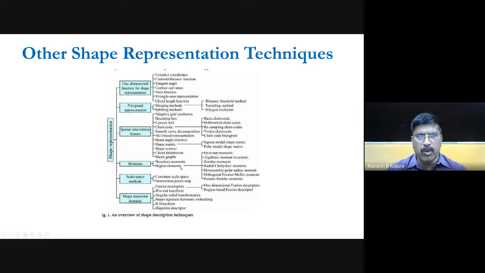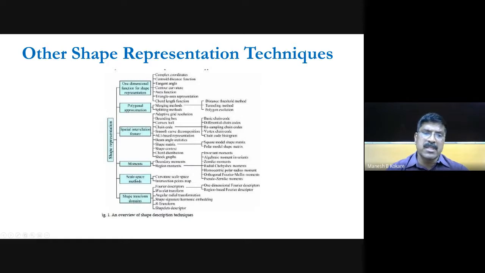In region moments there are invariant moment techniques available, or algebraic moment invariants are out there. Zernike moments are also available. Radial Chebyshev moments are available. Then homocentric polar radius moments are there. Orthogonal Fourier-Mellin moments are there, and pseudo Zernike moments are there. So these are the recently available techniques from region moments itself.